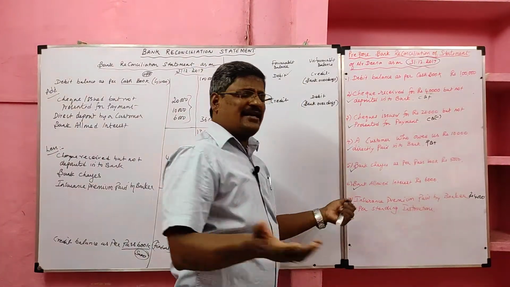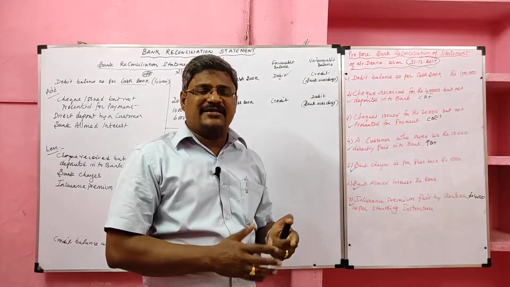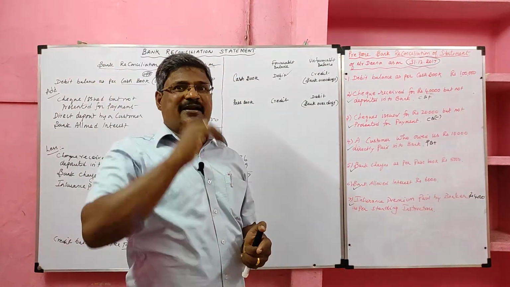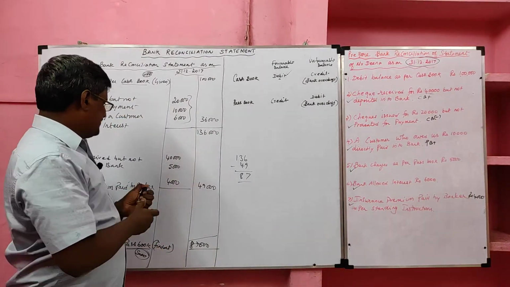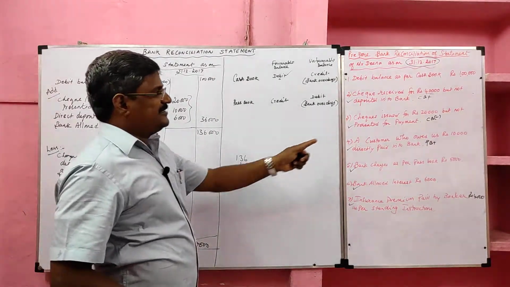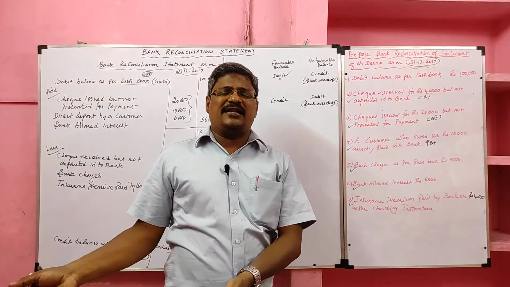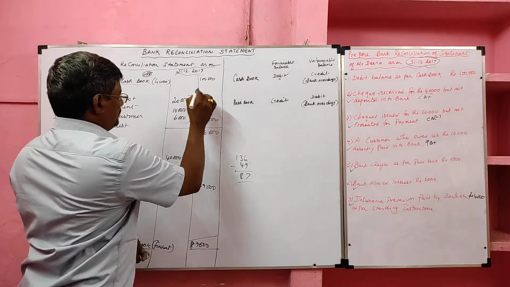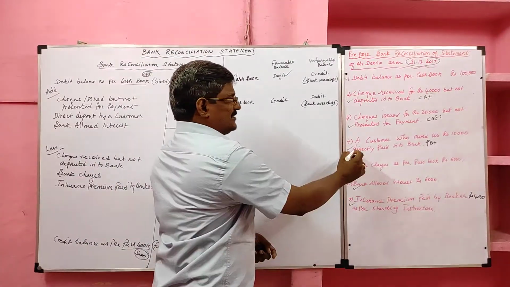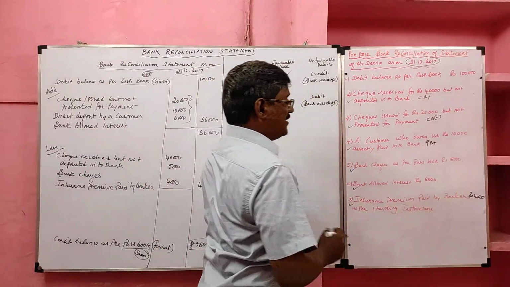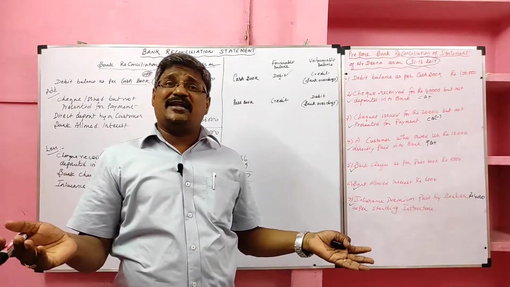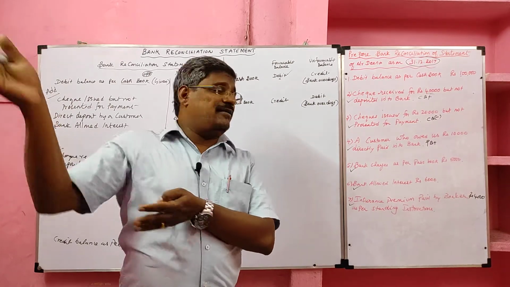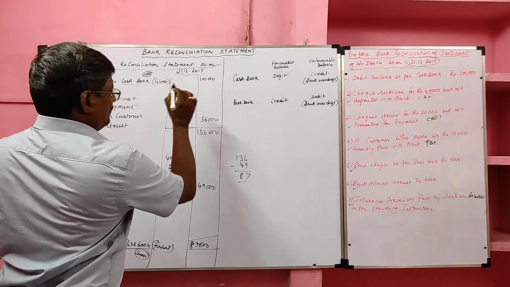Check received. Where did the transaction take place? The transaction took place in the cash book. When a check was received, it was added. Now we have to give the opposite, minus. Next, check issued by the business. Where did the transaction take place? In the passbook, it was deducted. Now we should give the opposite effect. Customer who owed rupees 10,000 directly paid into the bank. Where did the transaction take place? In the passbook. When they deposit, it was added. So here also we have to add.